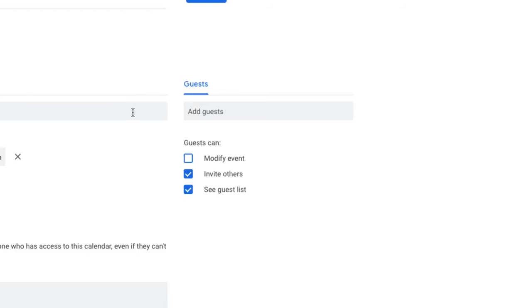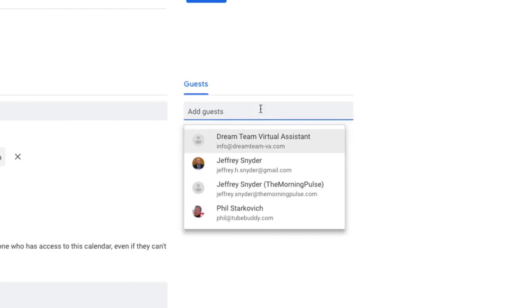which by the way, this will add the event on any calendar. It doesn't have to be Google Calendar or GCal. It can be iCal, it can be Windows Calendar, whatever they're using. This will basically just give them a notification or an ability to add this to their specific calendar that they are using. So under add a guest here, we can go here and we can see that we have different